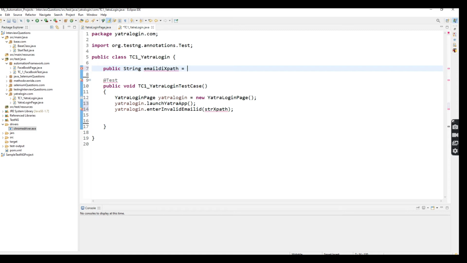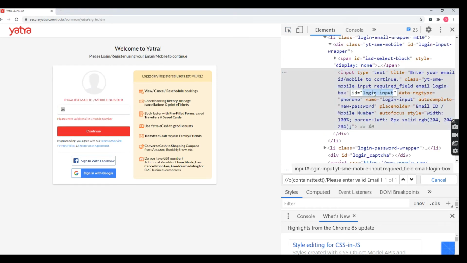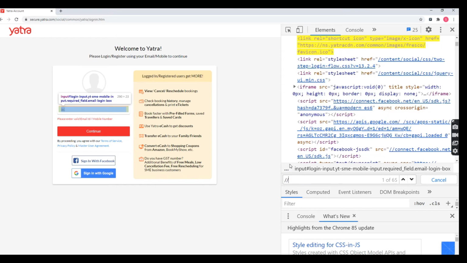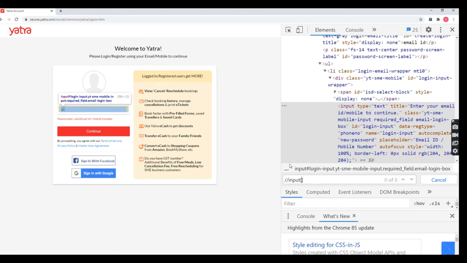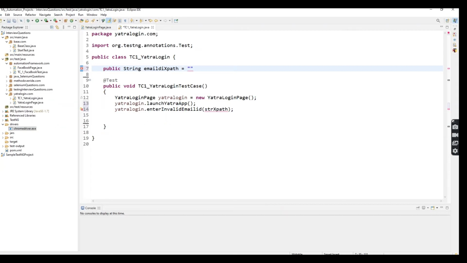This is the variable name. Here I'm going to store the invalid mail ID XPath, the input box XPath I have taken. The input locator is ID equal to. So this is the XPath for this email ID input box. I'm going to store it in the email ID XPath variable, and pass this variable inside the enter invalid email ID method.